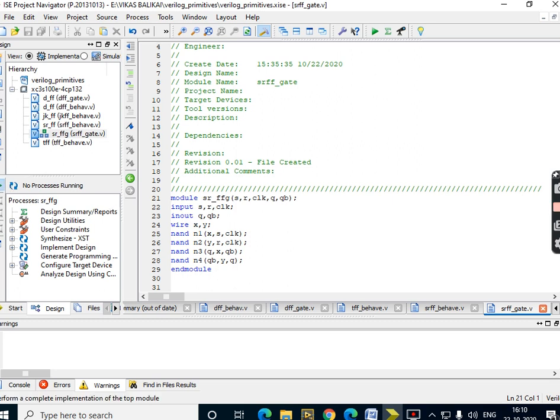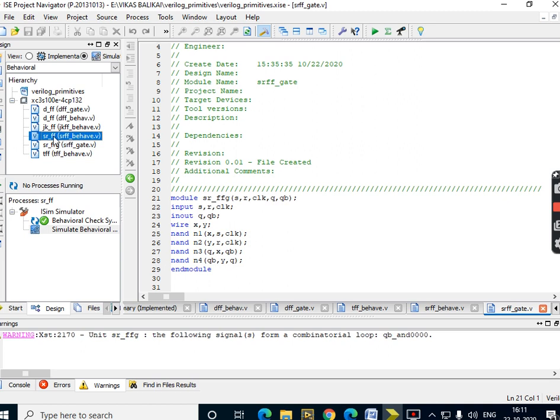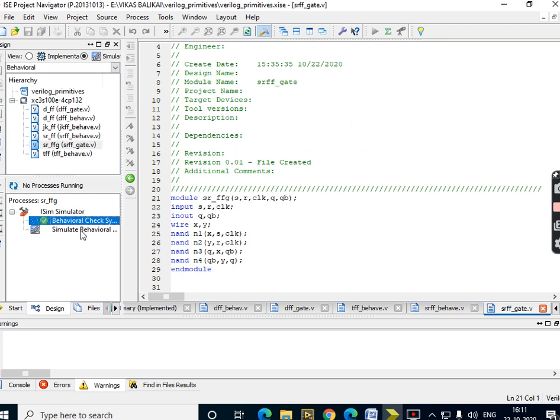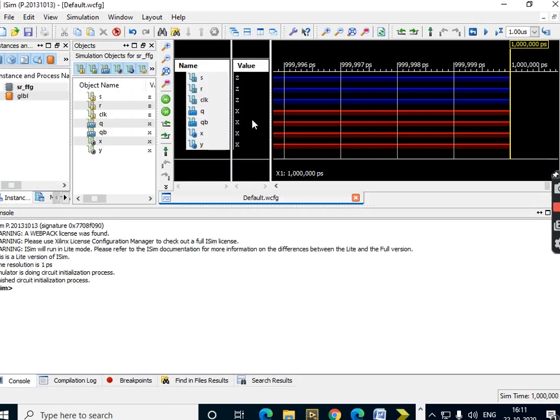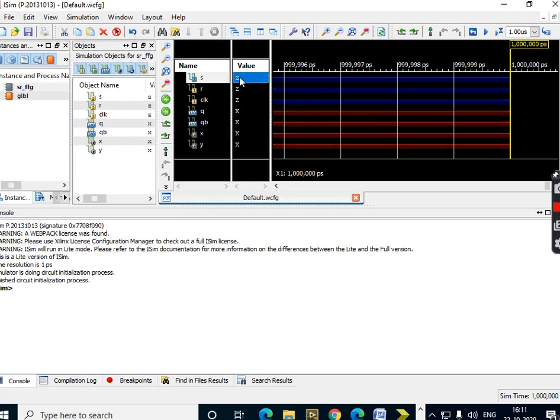So let us go to the implementation of this program also and try to verify how this program works for us. Is it going to give the same result as that of the previous what you have done? Okay, or no? So only simple warning is generated, no issues with the warnings. Yes, implement is done. Now we can go for simulation also. Simulation of gate level, right? So behavioral check syntax I'm doing. Simulate behavioral model, correct. Getting the same? Yes. Right.